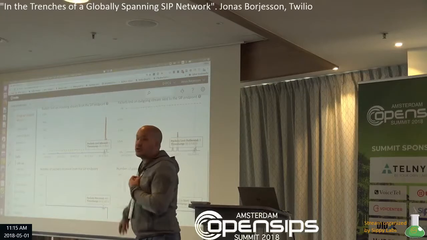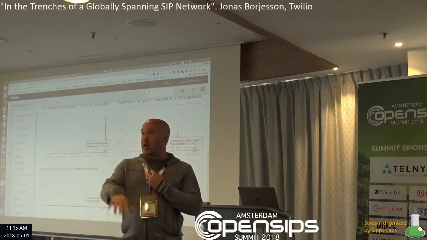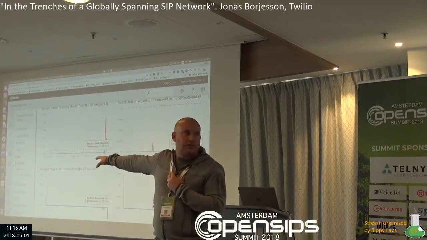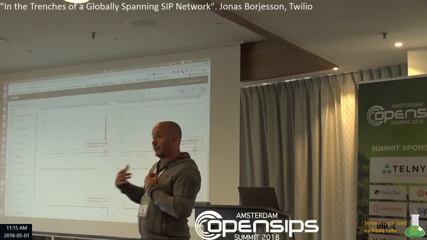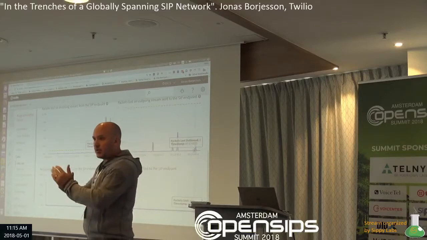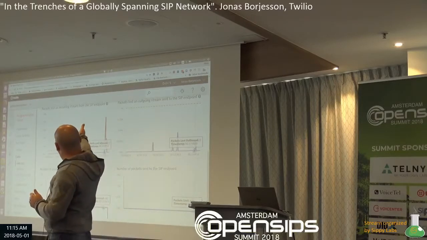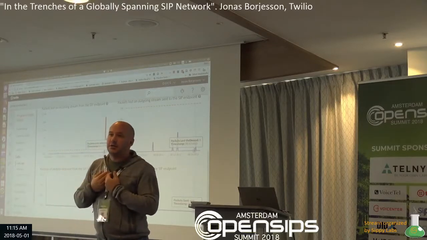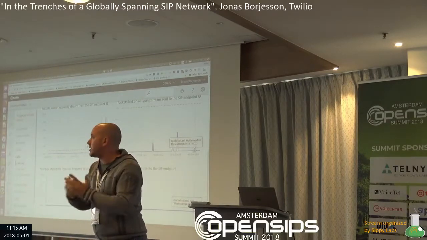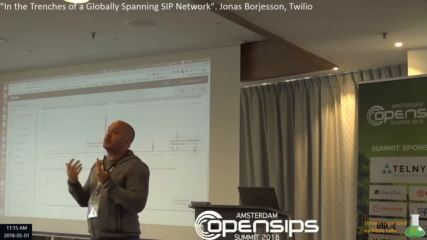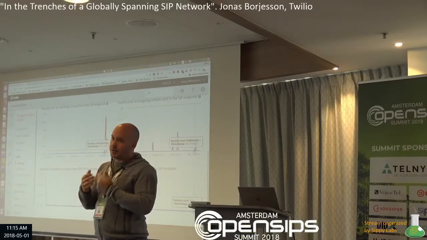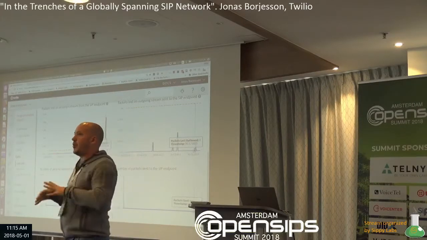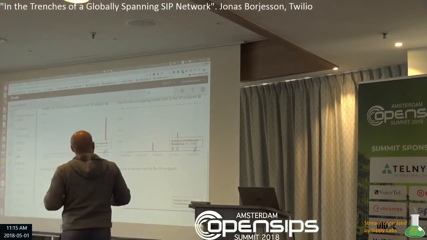But these tools are super nice to have at 3 a.m. in the morning. At 3 a.m. we usually don't look at individual calls, but this is for end customers. It's really helpful for them. They go in, they can see what's happening. In this case, because the packet loss came from my client, if I'm a customer of Twilio, let's say, I can go in and see, oh, it's probably my ISP, which in my case is often the case. Because I'm pretty sure there's nothing on my home network that causes this, I would like to say.